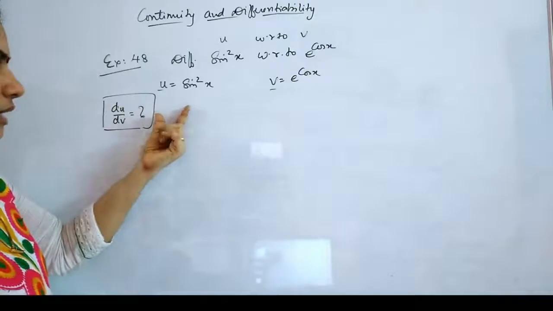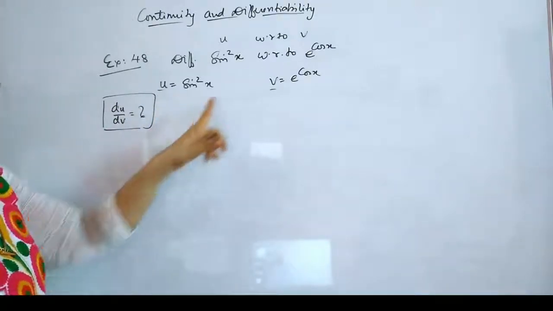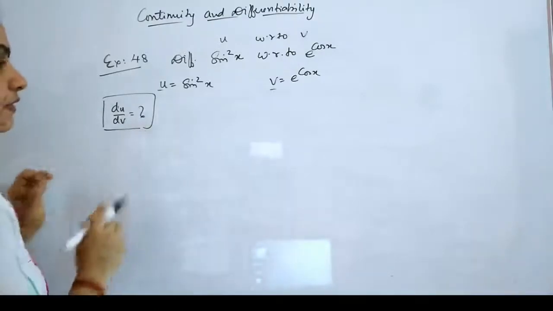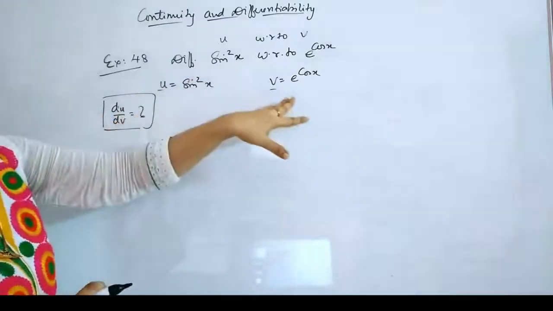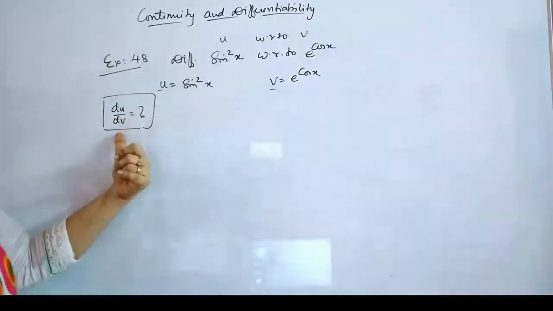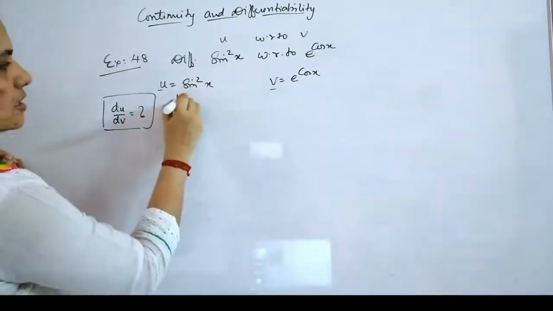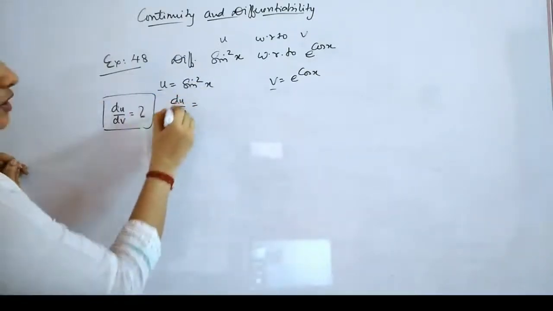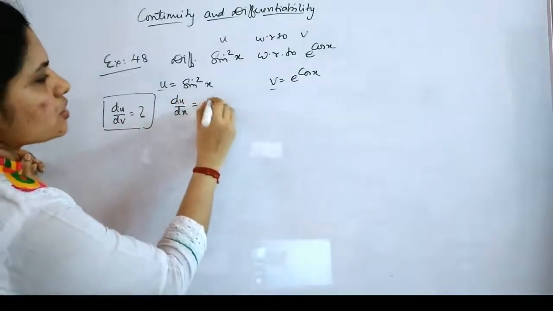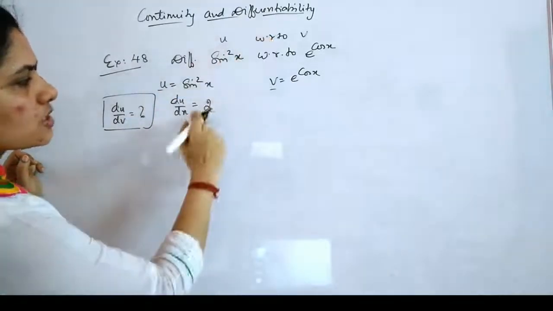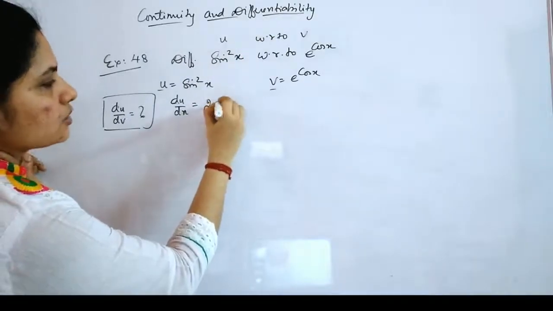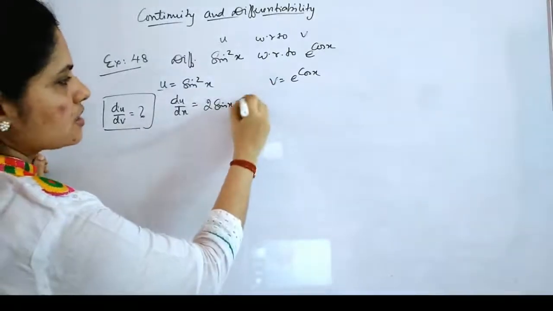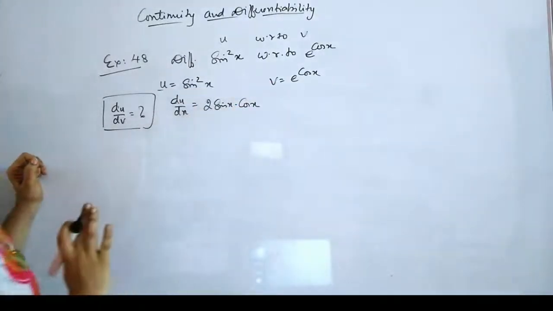So in order to find that, first we will find du by dx. We will find dv by dx, and then as we do in parametric form, we will just divide du by dx by dv by dx, so that we get du by dv. So first is du by dx, differentiating u with respect to x. Sine square x, you have to differentiate with respect to x, means it is 2 into sin x, since this is x the whole square means 2x. So instead of x you have sin x, so 2 sin x, and since it is sin x and not x, you have to write the derivative of sin x also, which is cos x. So du by dx is 2 sin x cos x.